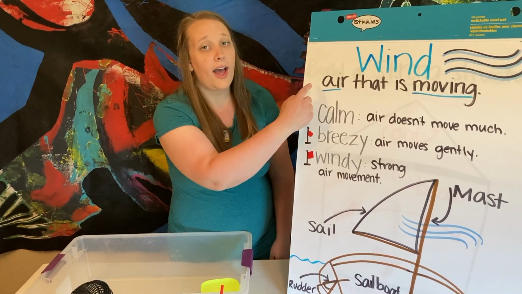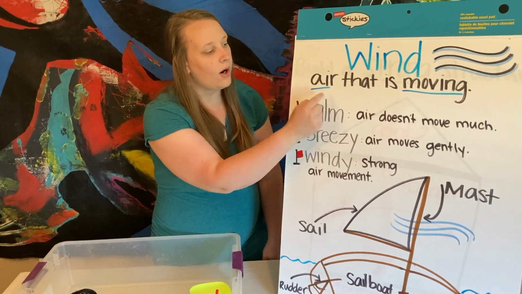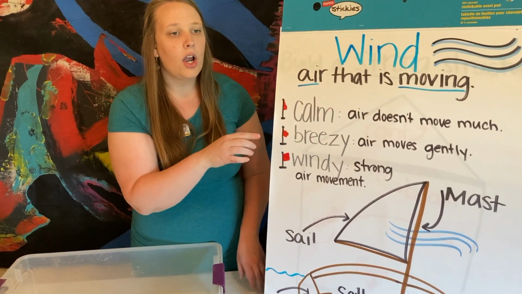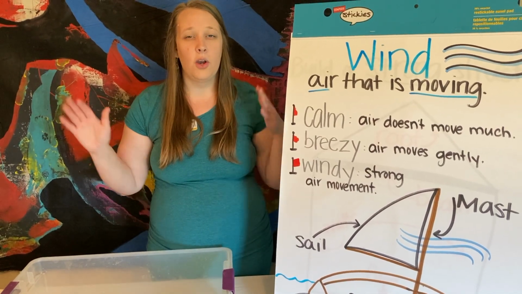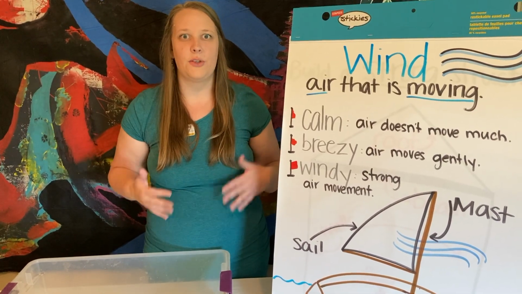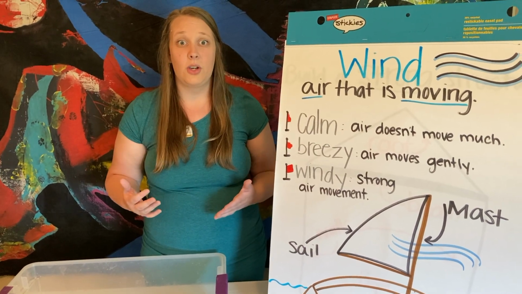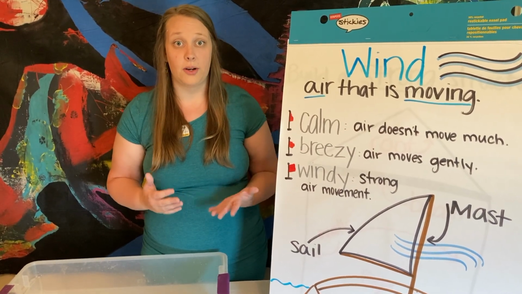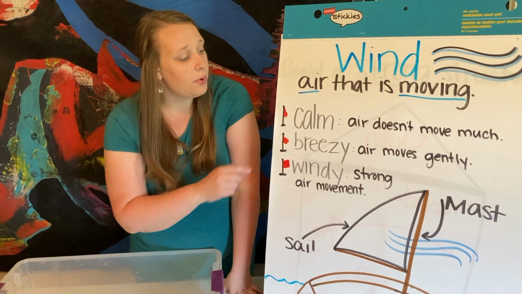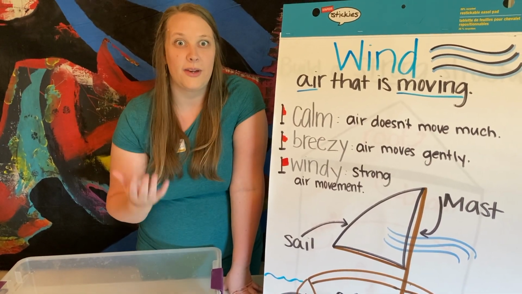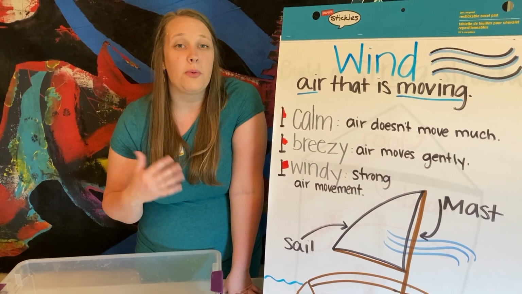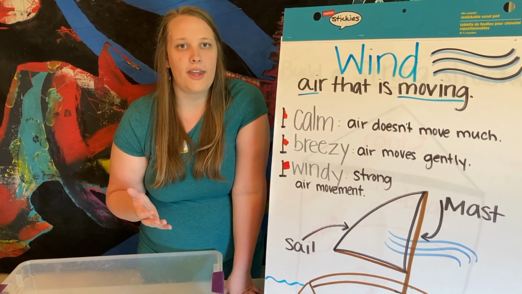So we talked about how wind is a type of weather. It's air that's moving. There are different levels of wind. Sometimes when we go outside, we feel a nice breeze and that feels really comfortable. But sometimes when you go outside, the wind almost knocks you over. It's so strong. That's important because when we're trying to use the wind, we need the wind to be really strong, or we need it to be the right strength